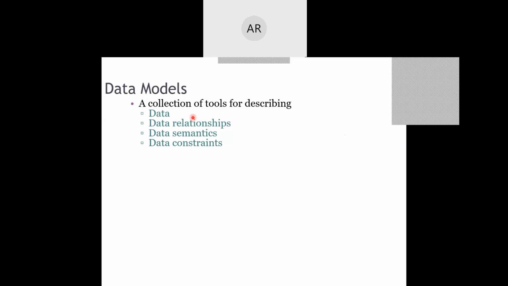When I talk about data models, whatever concepts we have learned just before are just a brief overview of what the data is. But when I practically want to see the data, I need to look into four major things. The first and foremost is what exactly is the data that I am going to save. Second, what is the relationship among that particular data? Is it relevant or not? Third, what is the meaning behind those saved data?